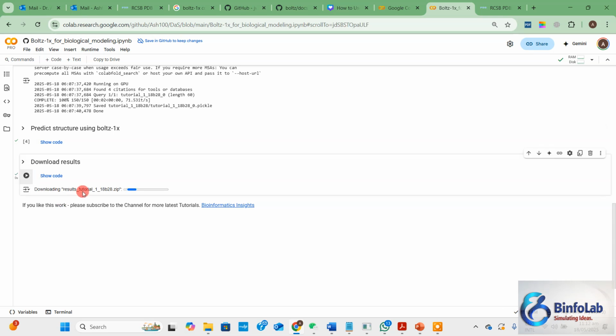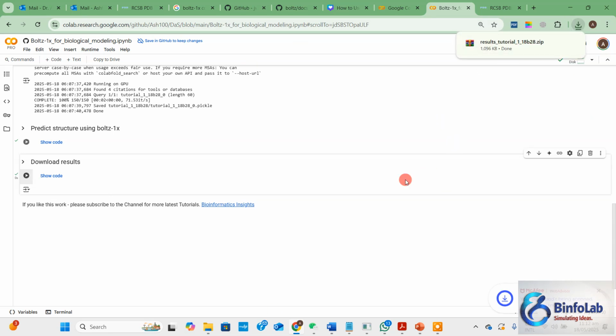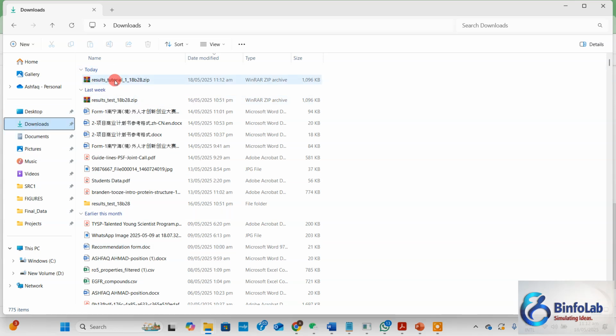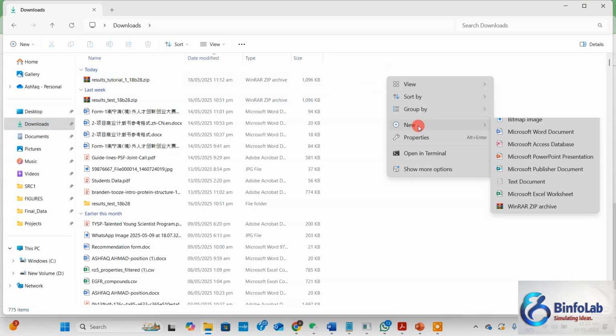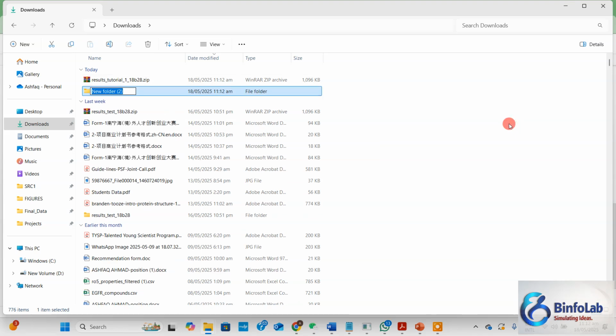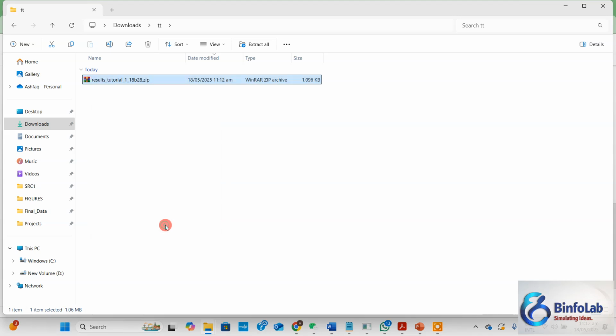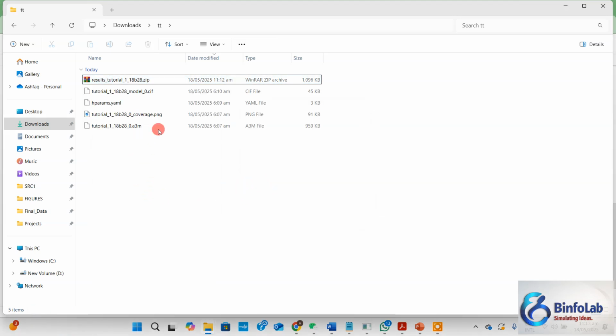Now you have to click here and it will download results underscore tutorial underscore one into my download folder. Here is my download folder, this one. Okay, let me create a new directory. This one will be TT, let's say, and keep it here. Now open this and let me extract here. Now, you have four files. One is the